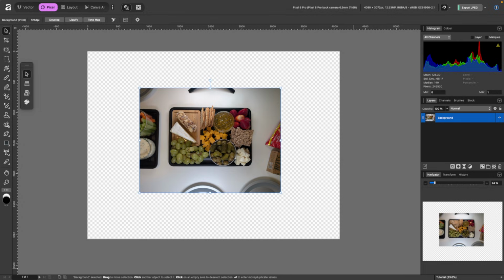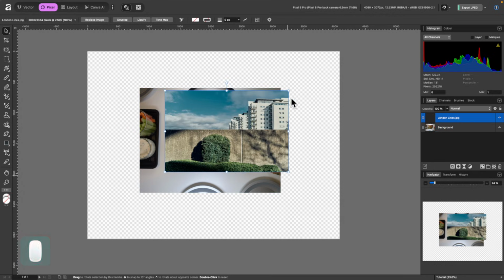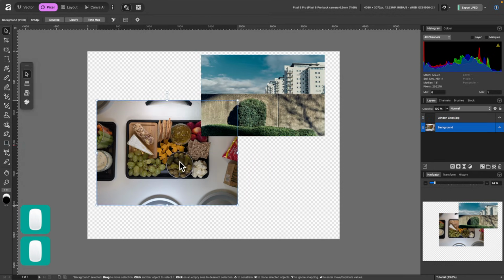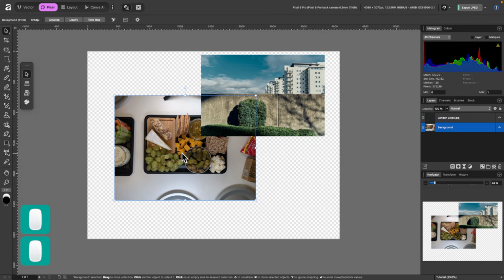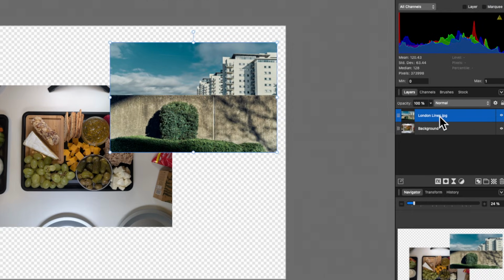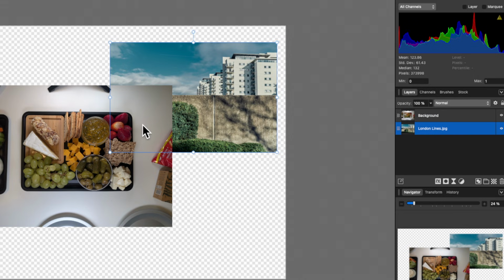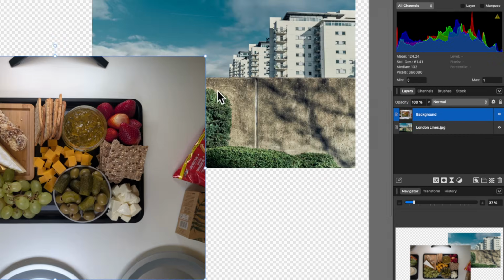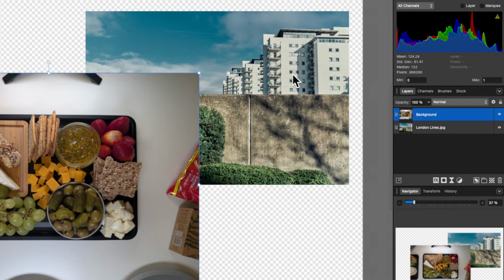And what I'm going to do now is just drag in another image. So I'm just dragging it from my desktop and letting go. You can see we have two images here now. So I'm going to use this just for selecting whatever's on my canvas. So you see here, London Lines is on the top in the layers panel. And if I want it to be underneath, I can just click and drag it underneath, let go. And now you see this image is over the top of that London image back there.